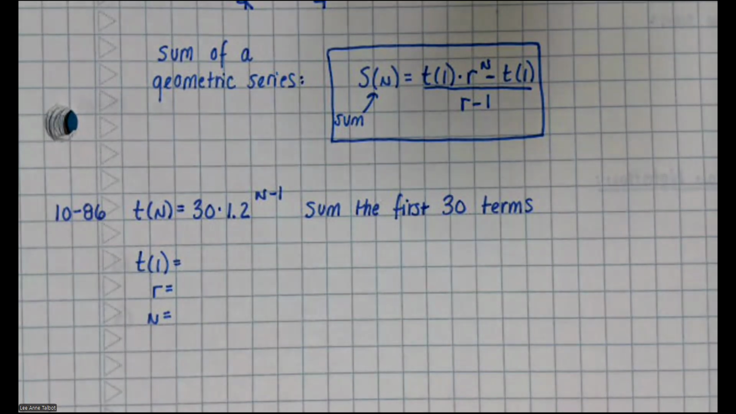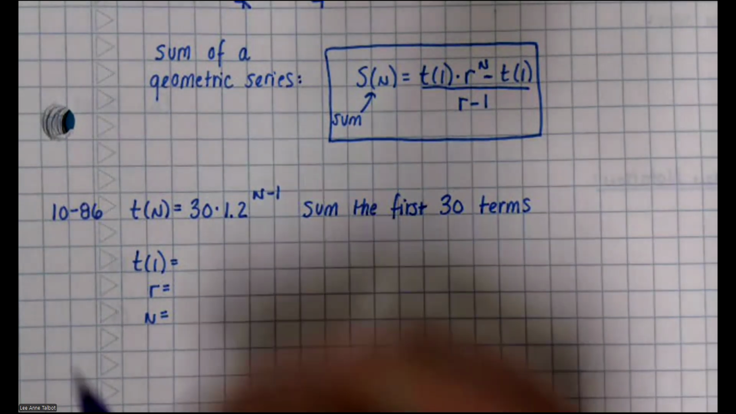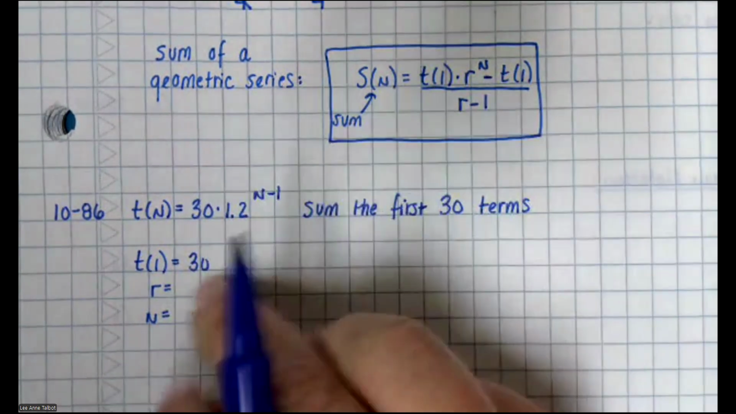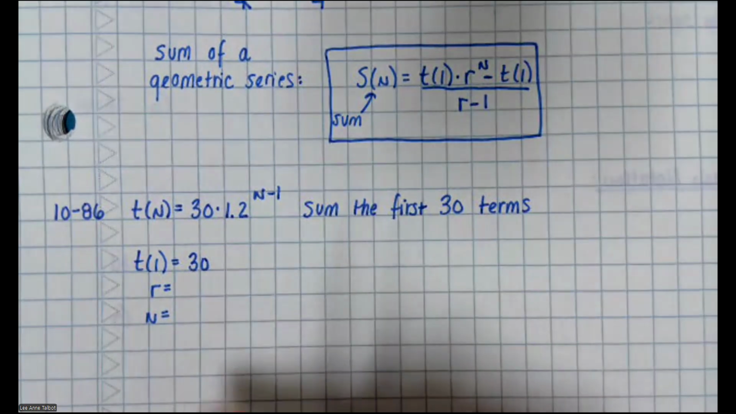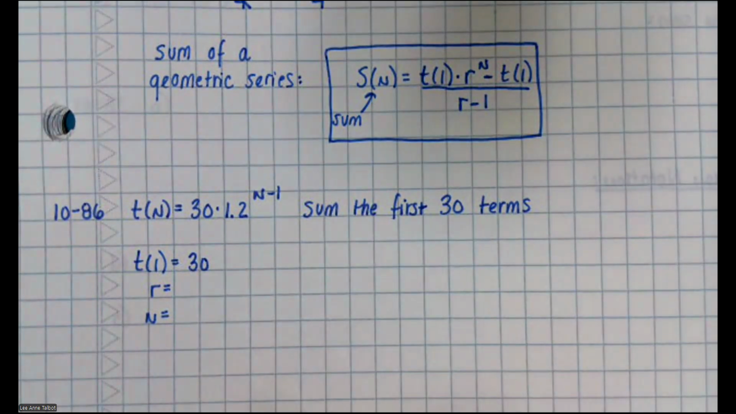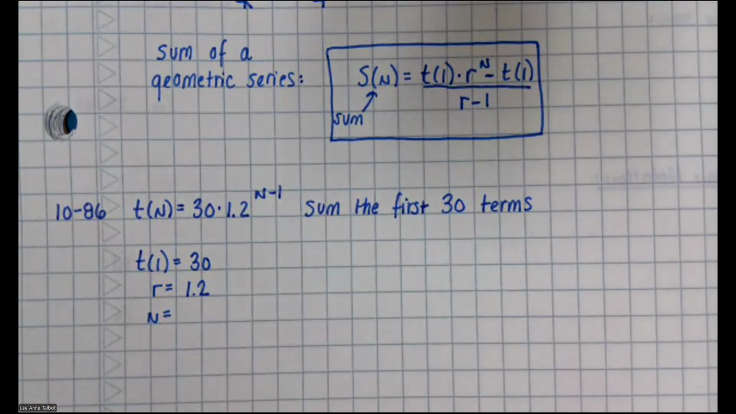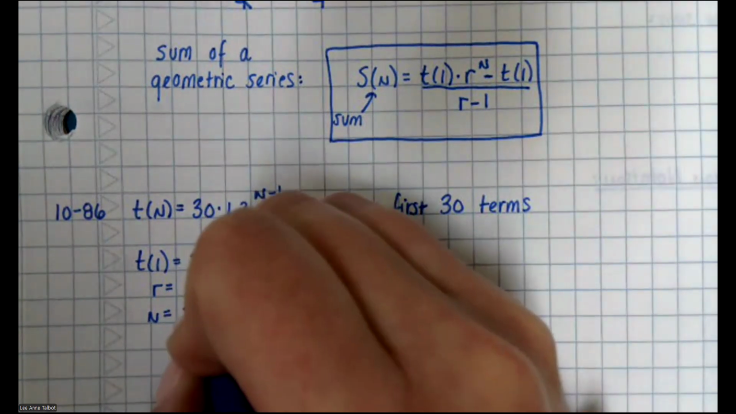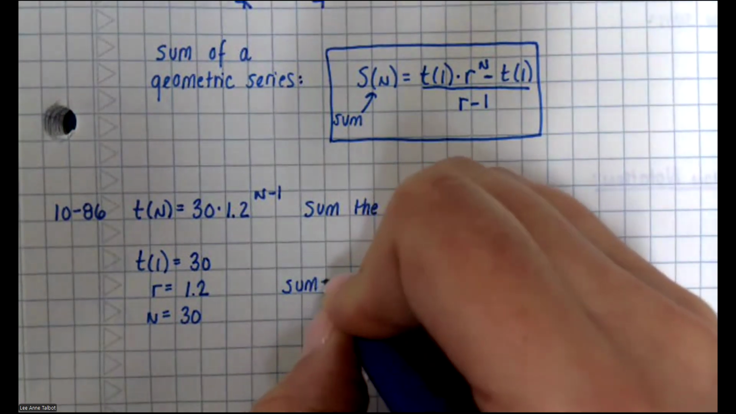Okay. Looking at this equation, what is the first term? 30. And you can tell it's 30 because this is n minus 1. Okay, what's the multiplier? 1.2. And how many numbers am I adding together? 30. Okay, sum equals